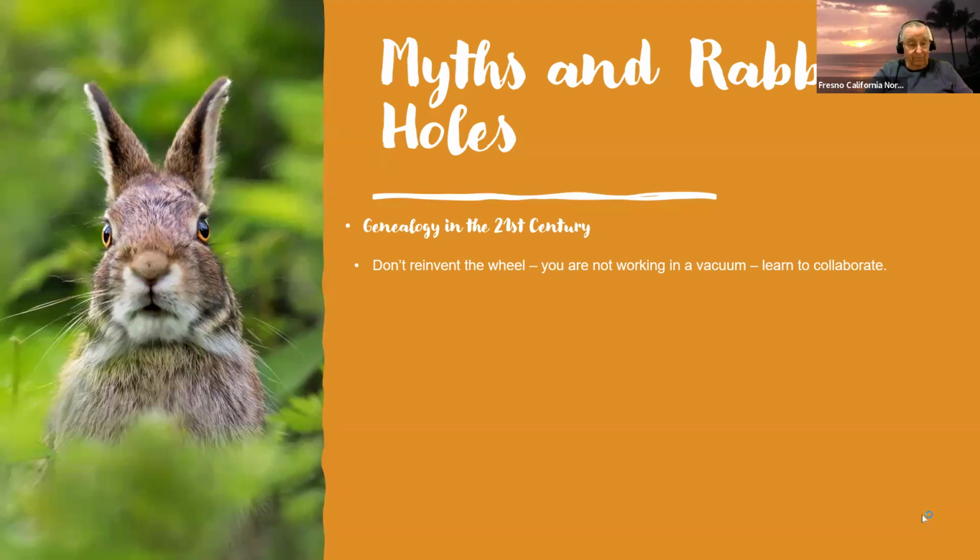We have resources that will get us everything we need. We also can collaborate with people, and we have ways to collaborate. So try not to reinvent the wheel. It's easier to find what other people have done and verify what they have. Don't blindly take things at face value. If you do take things that are already put together, make sure that you verify every name.